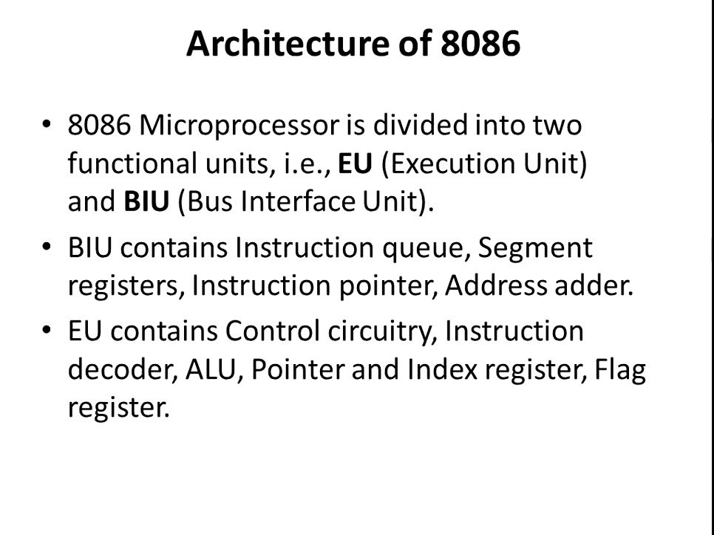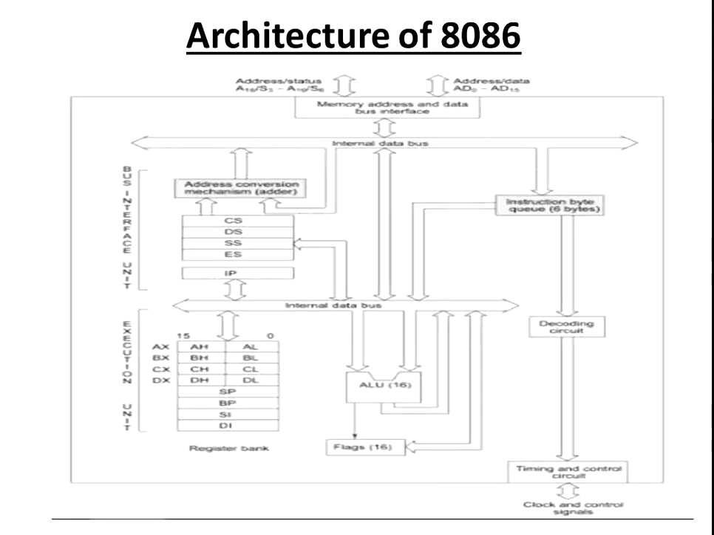Today we will discuss the topic architecture of 8086. This is the architecture of 8086. In this figure, we can see that the complete architecture of 8086 is divided into two parts. First one is bus interface unit and the second one is execution unit. In this figure, we can see that the upper part is called bus interface unit and the lower part is